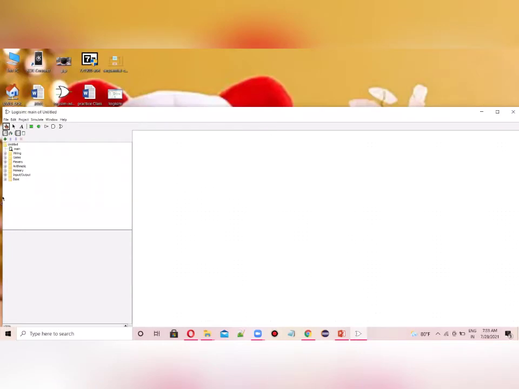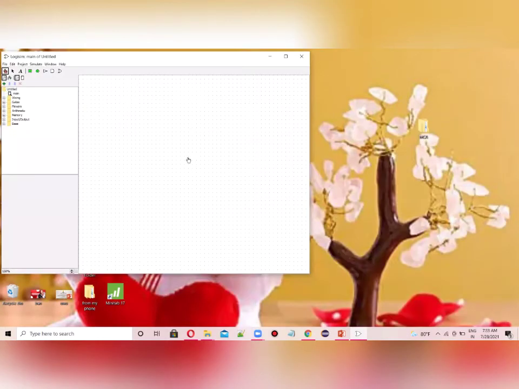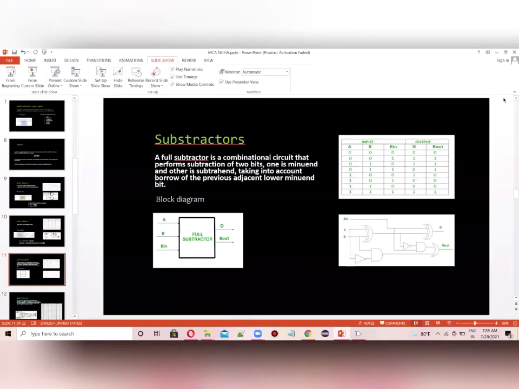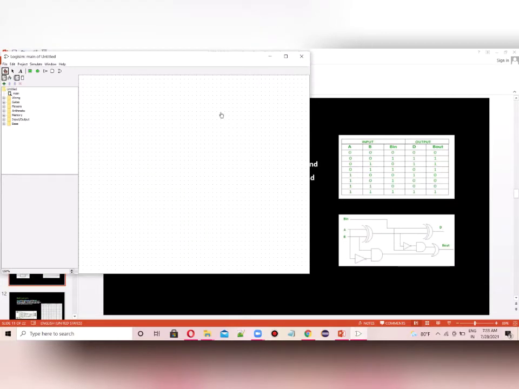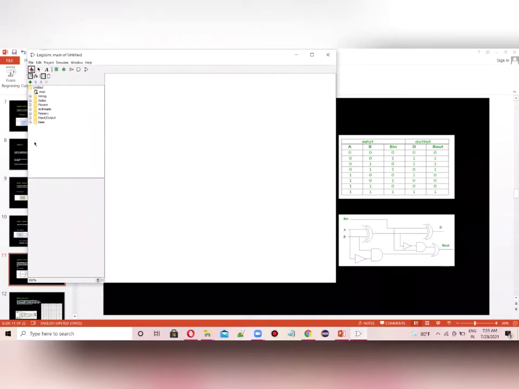For our easy reference, let's take both the slides and the Logisim window side by side. So it's easy for us to design the circuit and analyze it accordingly.